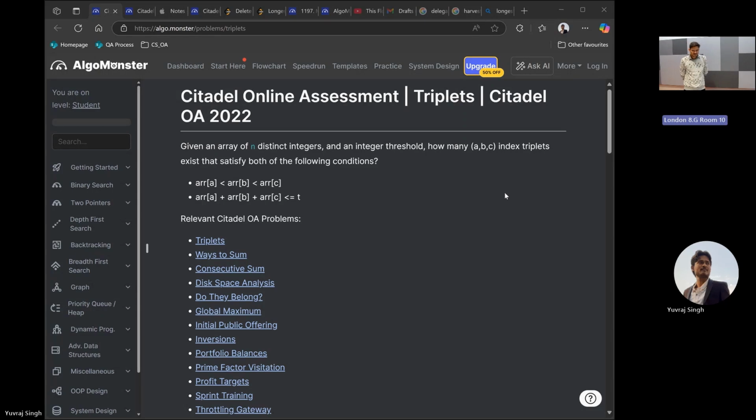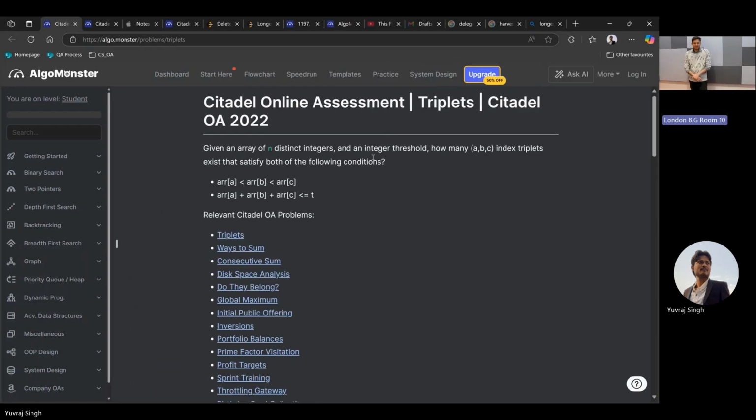This question is triplets, and in this question, we will be given an array of n distinct integers and an integer threshold. How many ABC index triplets exist that satisfy both of the following conditions as shown in the picture? For that triplet index ABC, the element at index A in the array has to be